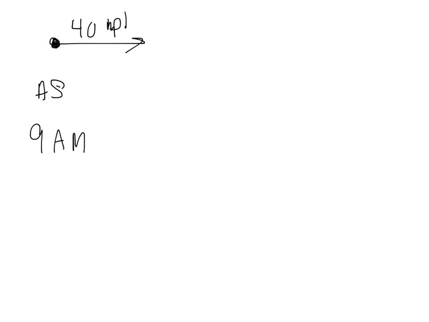Following. A train traveling at 40 miles an hour leaves Anson City at 9 a.m. So I can literally represent all those words like this. Anson City at 9 a.m. and is traveling at 40 miles per hour. Okay? Next, it says at 11 a.m., another train leaves Anson City on a parallel track, meaning running next to it,